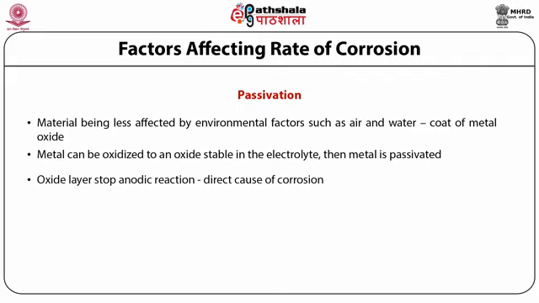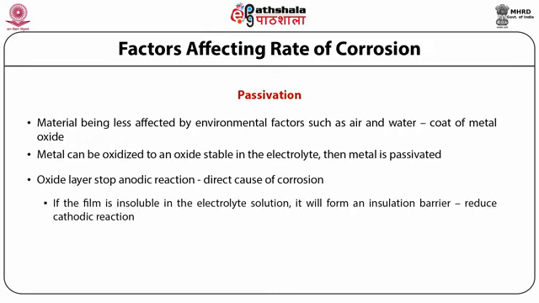The oxide layer will completely stop the anodic reaction, which is the direct cause of corrosion. And if the film is insoluble in electrolyte solution, it will form an insulation barrier which will reduce the rate